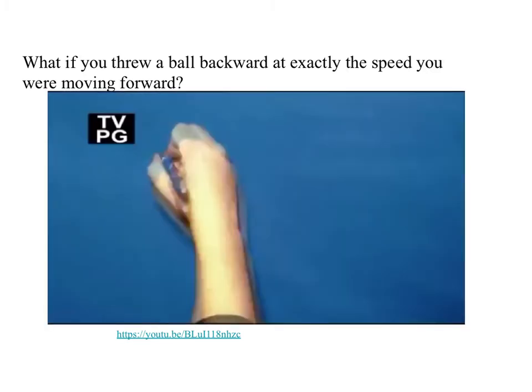Lucky for us, the Mythbusters a few years ago went and did this to illustrate, and hopefully you have a sense in your head. But what would actually happen is the plus 30 forward would be canceled out by the minus 30 backward, and from Dexter's point of view, the ball would just seem to hang out there, but really it wouldn't hang out there, it would just seem to fall straight downward.